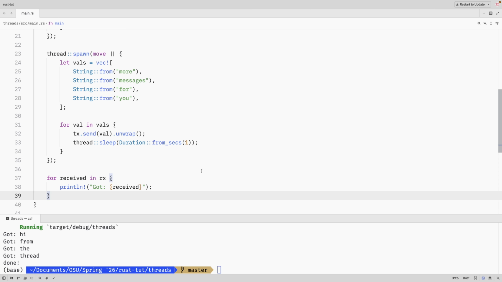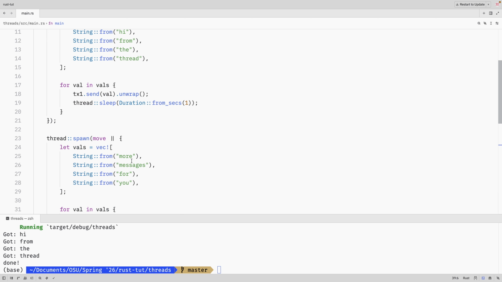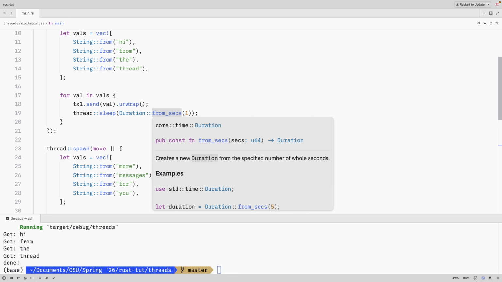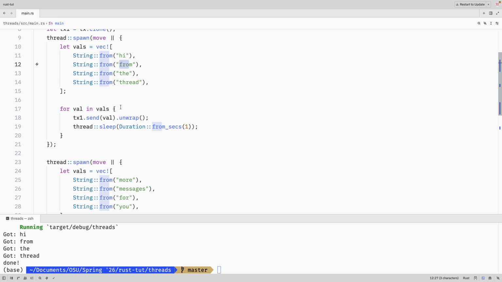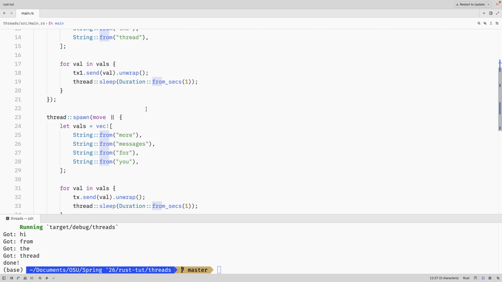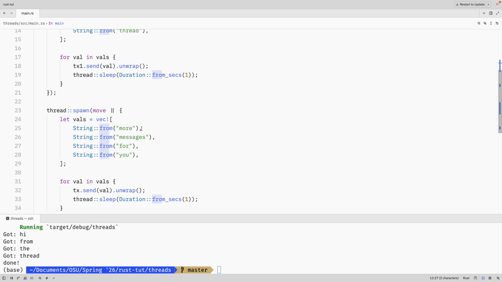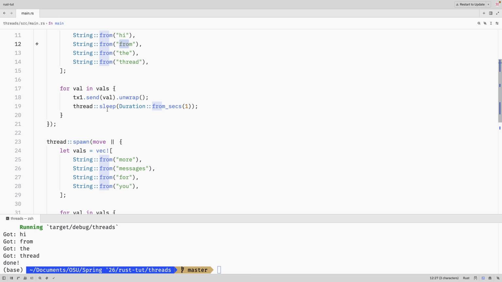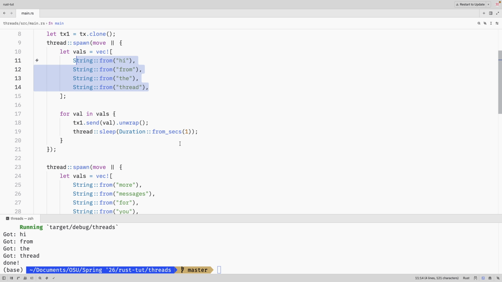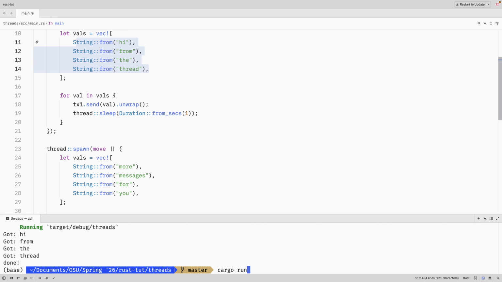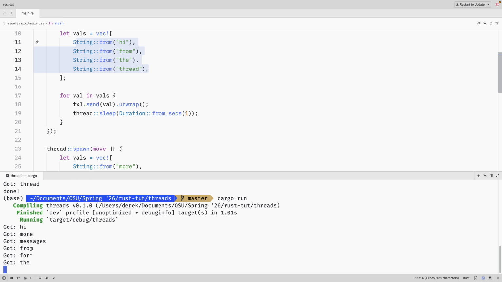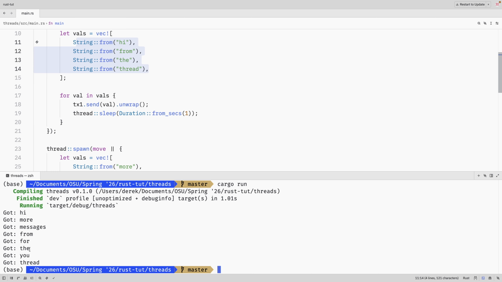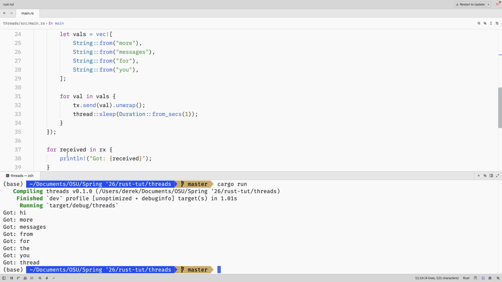So you can pause the video real quick and think about what's going to happen. I'll spoil it for you if you didn't pause the video. It's going to more or less zipper between "hi," "more," "from," and "messages for you," because we spawn these threads at the same time, and since they run at the same time, we're not going to wait for one thread to completely finish its work. So I'll go ahead and do a cargo run real quick. Make this a little bit bigger. As you can see, we're zippering our way through our produced messages,